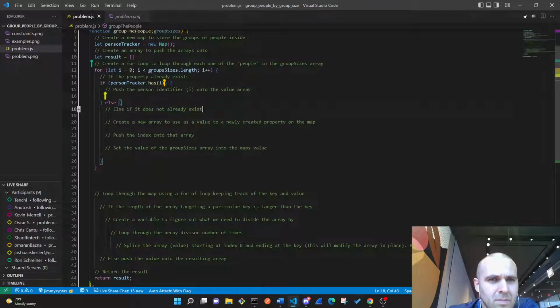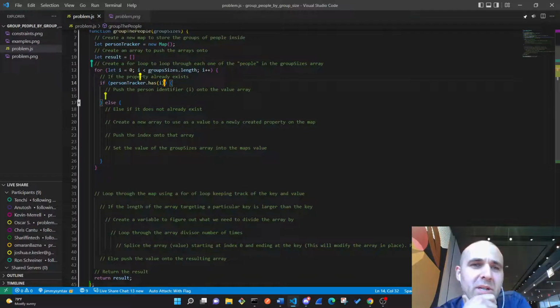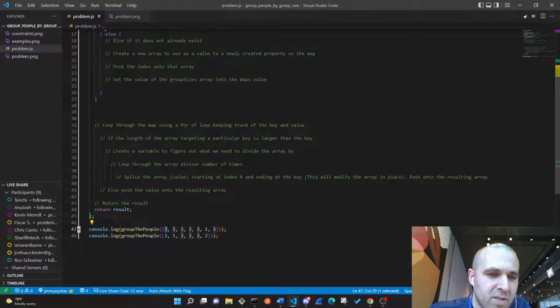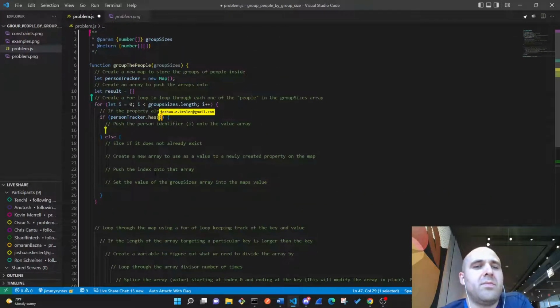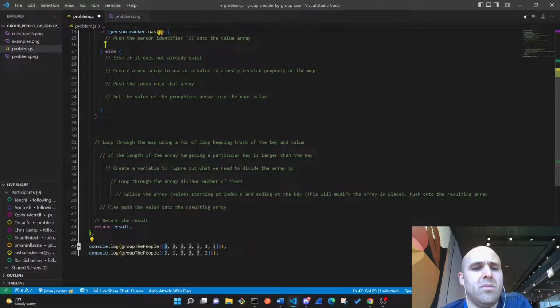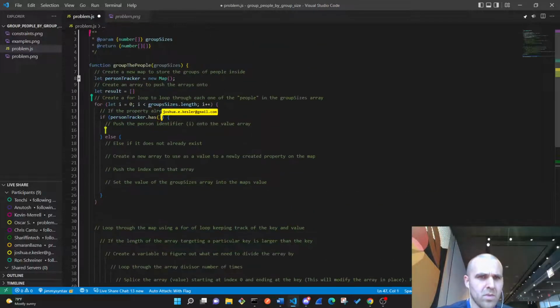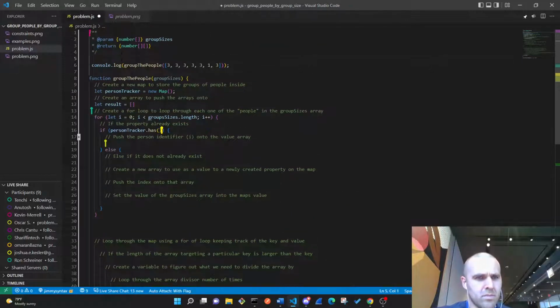Do we want it to have it? So we're checking if it already has it, correct? Well, we're not checking if it has i. We're checking if it has the value that i represents. So we're checking if it has a key of 3. We're checking for the actual value of the element, not the index. So person tracker has a key. The key represents